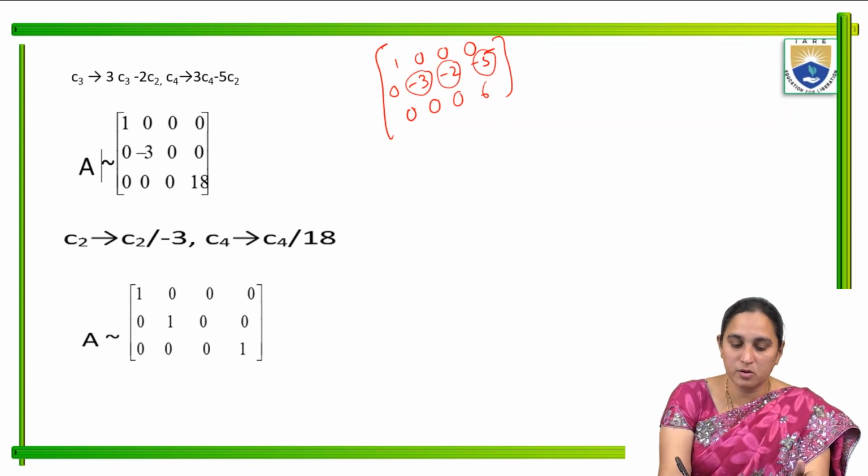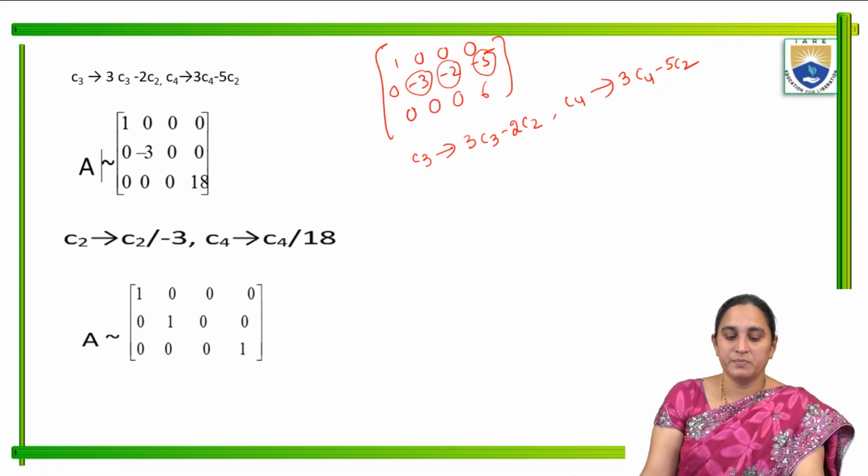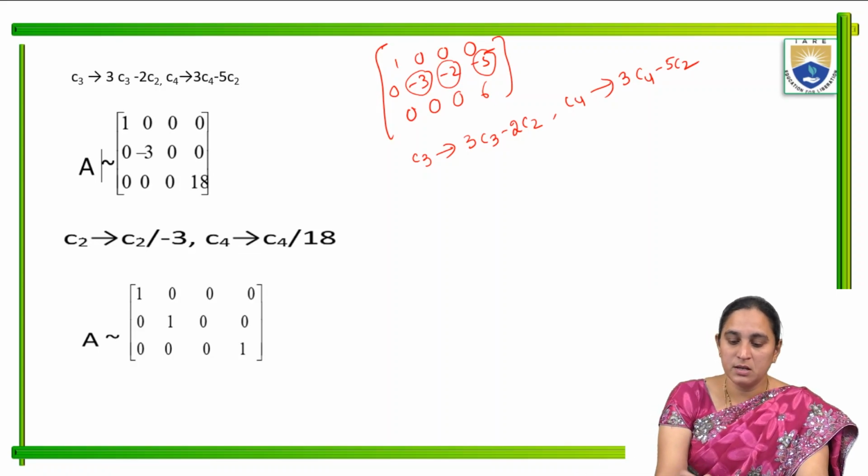For that, what about the column operations? C3 tends to 3C3 minus 2C2. And C4 tends to 3C4 minus 5C2. Okay, now I'll write that matrix after using those column operations. There is no change in the first column, that is 1, 0, 0. And the second column also no changes. Then directly write down